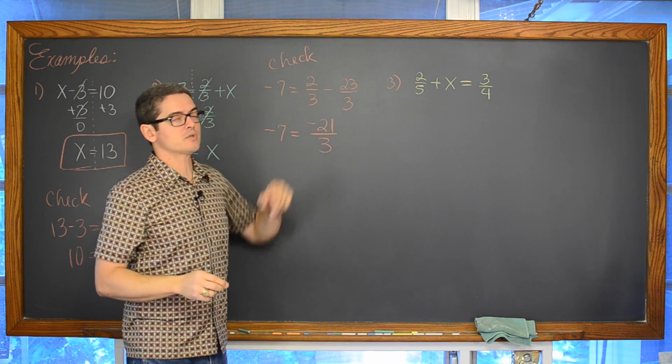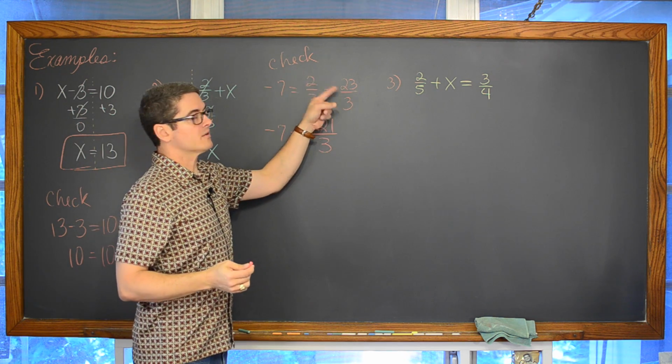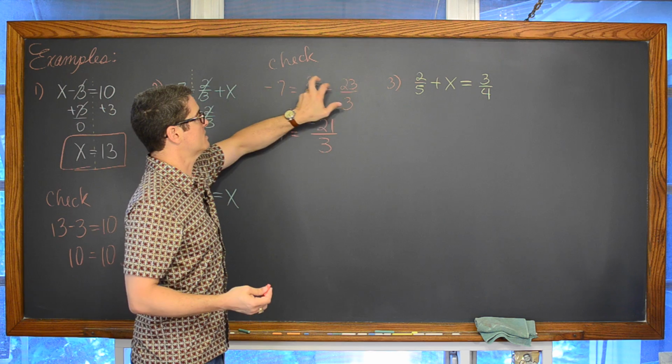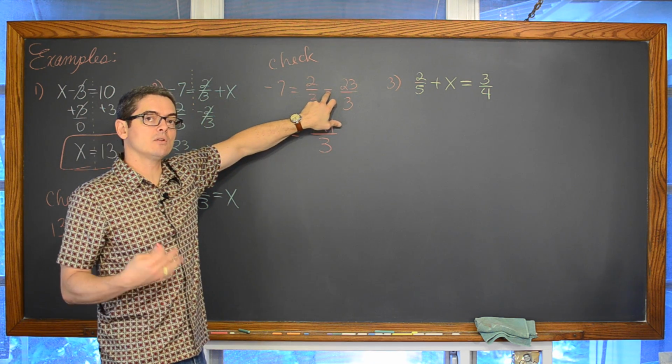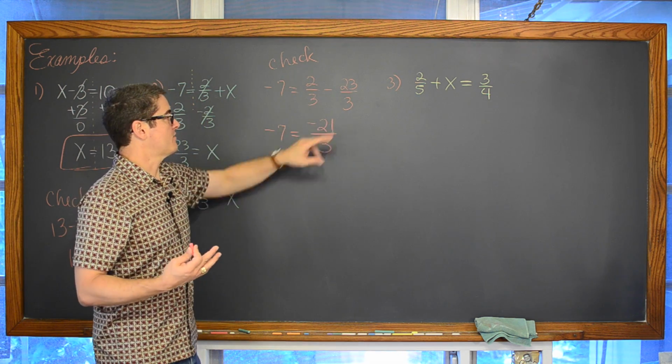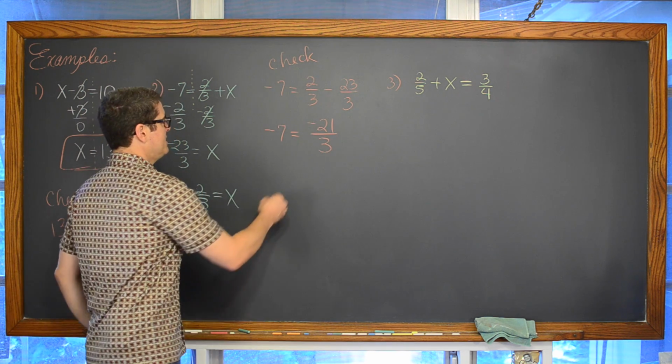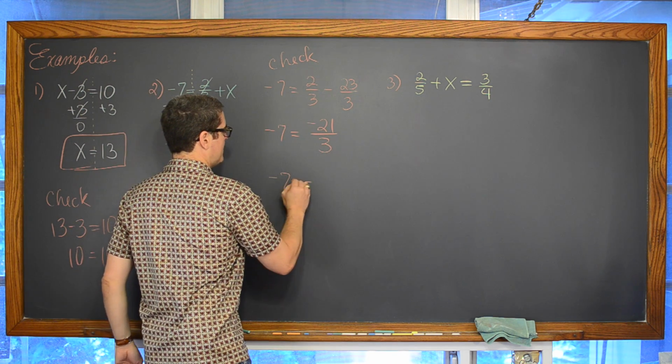When you're combining numbers with different signs, you want to subtract those numbers and keep the sign of the largest absolute value. Basically 23 is bigger than 2, so that larger number is negative. So our final answer comes up to be negative 21. And negative 21 divided by 3 is equal to negative 7.